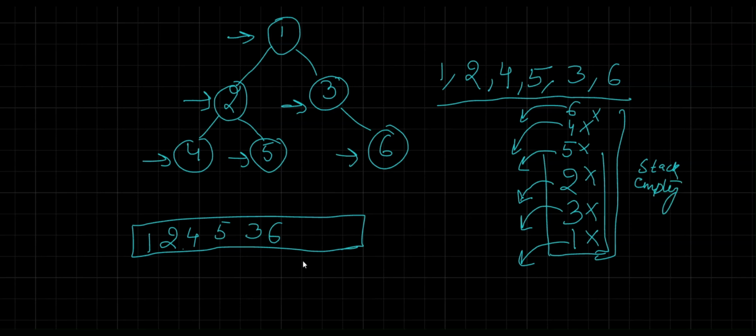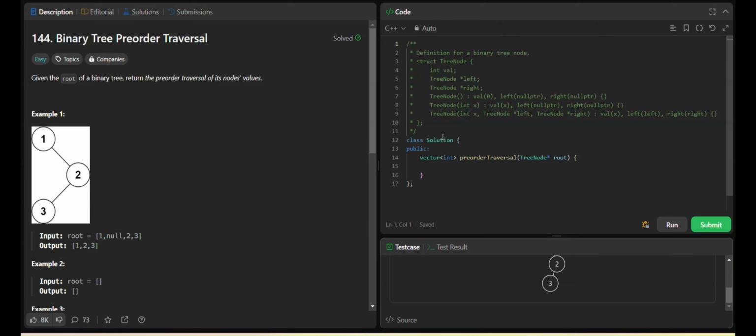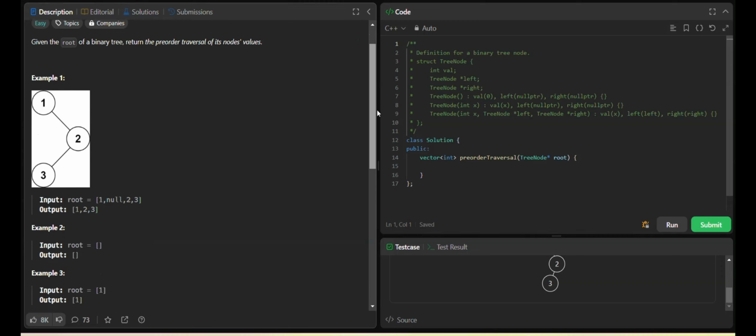So this is how we can actually find pre-order traversal in the code. So now I'll be explaining the same thing inside one of the LeetCode problems for pre-order traversal. Let's move ahead. Yes, so this is a LeetCode problem where we have to find the pre-order traversal of any tree, and we